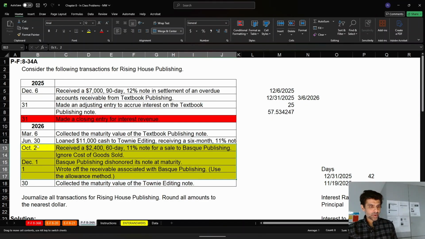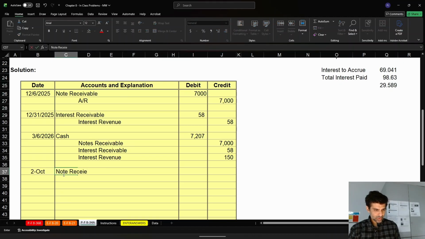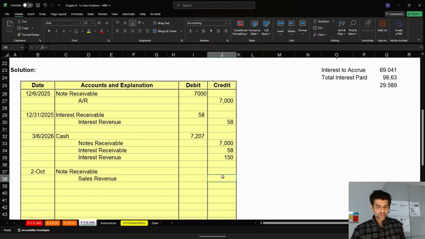Okay, so on October 2nd, you're going to record this. You're very hopeful this person's going to pay you $2,400. So you have a note receivable, and it was for some sale that you made. So you're making a sale. It's like a car loan, right? When you buy a car, it's not an account receivable. It's a note receivable because the car loan is like 5 years long or whatever, right? So this is a similar thing. So you have your revenue of 2,400